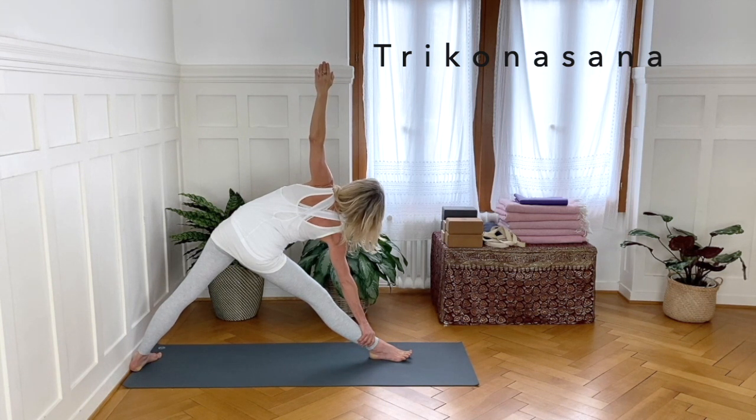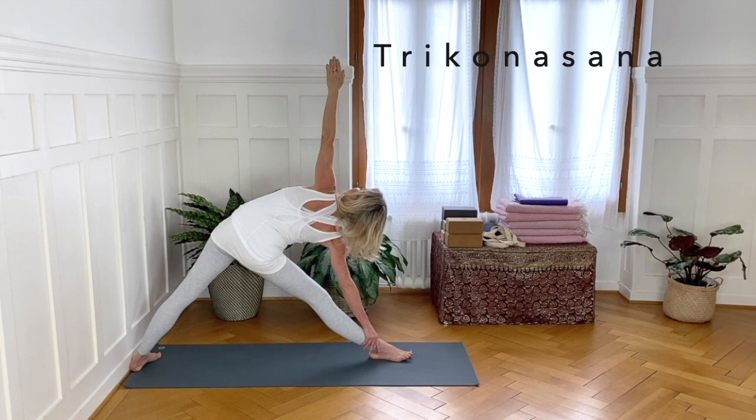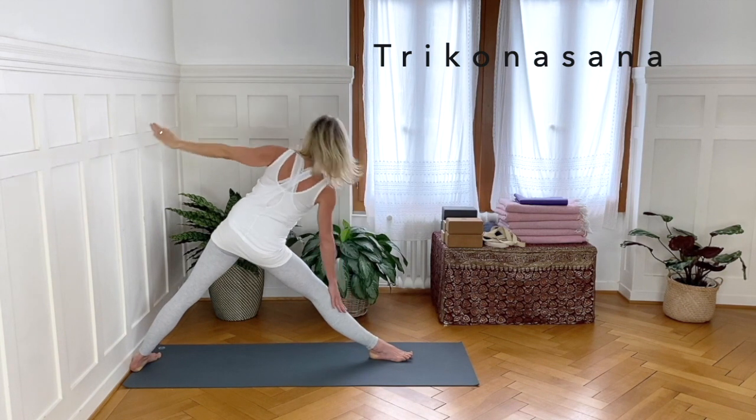Keep the front heel firmly pressing down and the front thigh muscle firmly gripping up. Keep lifting the inner arch of the back foot, pushing into the outside edge of the back foot and the heel, feeling the wall. And with each exhale, turn. Turn from the pubic bone, turn from the navel, turn from the top trunk. And then inhaling up